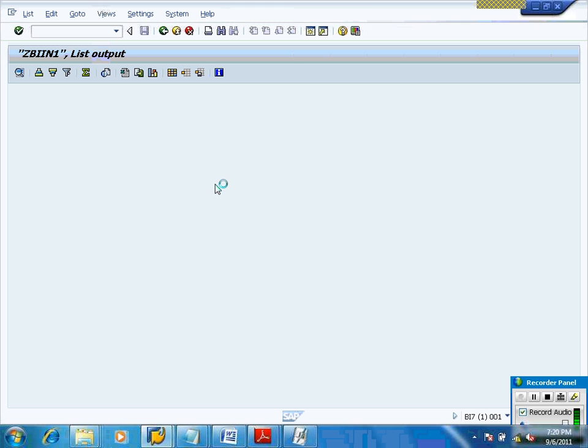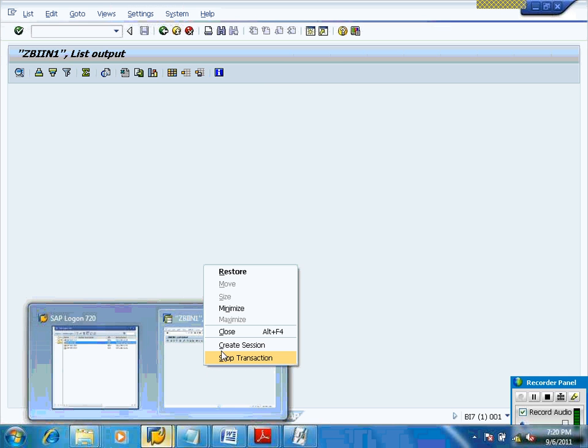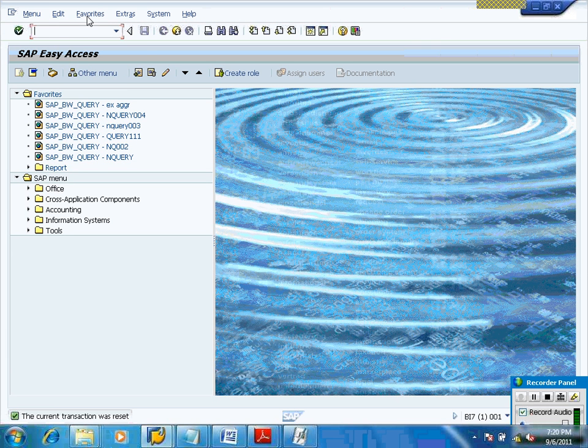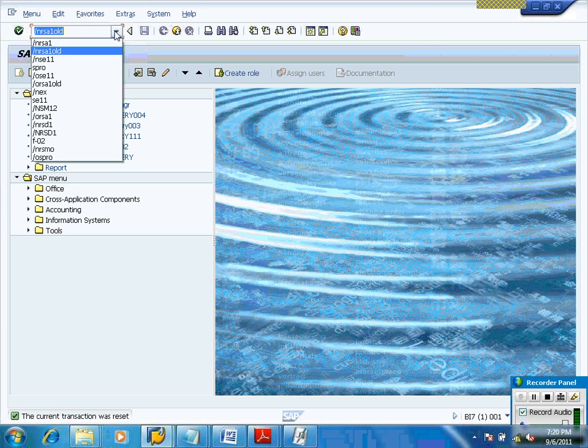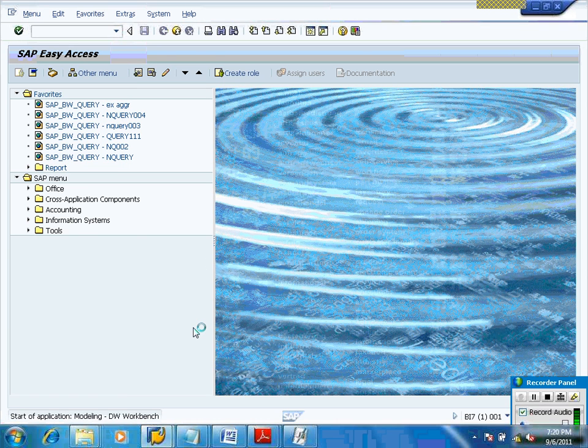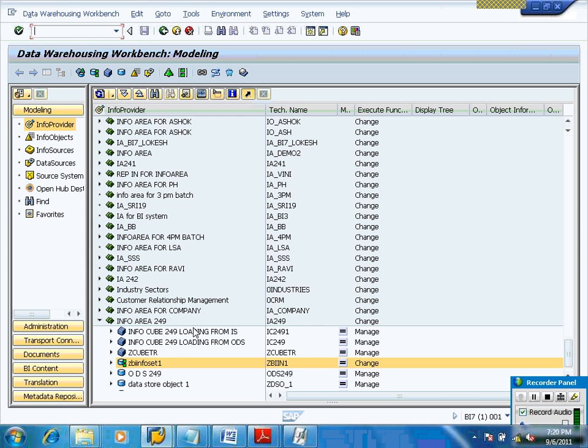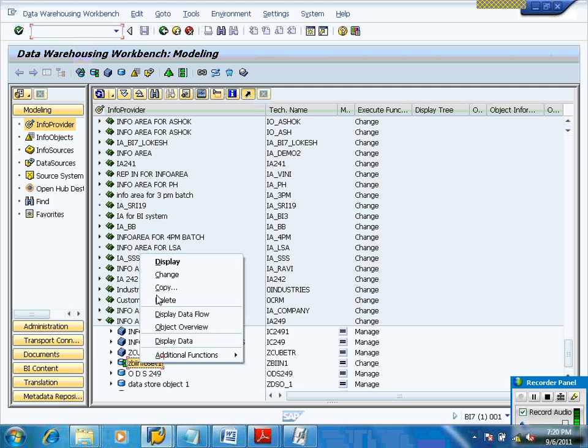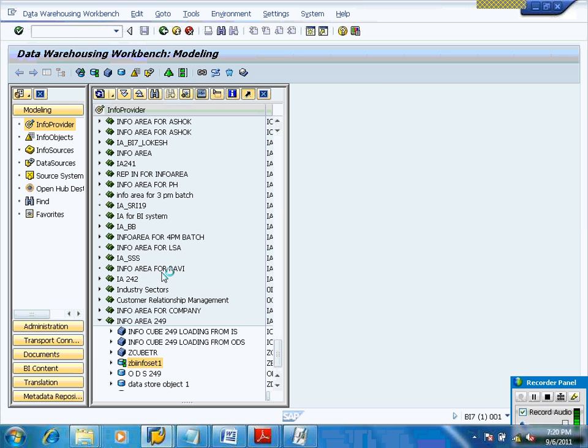Change your info set definition slightly. Now I am including outer join. Go to RSISET, then right click and change the definition.